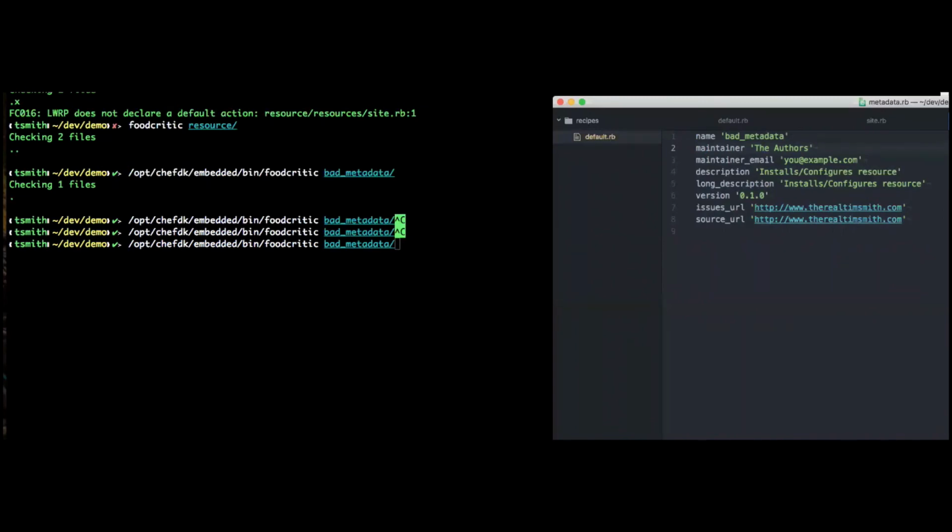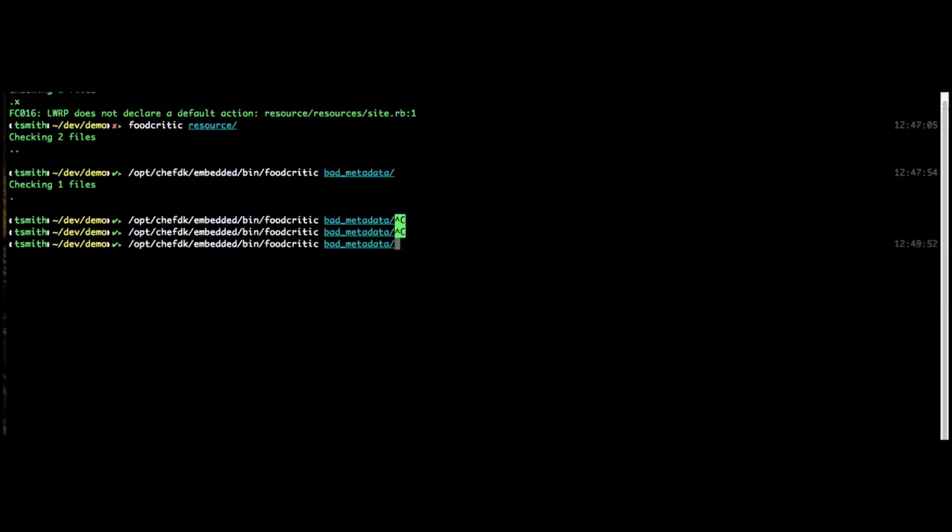So now we have a piece of software here that has a questionable license, so I probably can't bring it into my organization. It has unknown information on what chef client it needs, and it has unknown information on what distribution it supports. So this is a cookbook that is probably not something that people should be sharing, right? With a little bit of work, this could totally show up correctly on the supermarket, and we could give people the proper information they need to consume this. So we have some new rules,